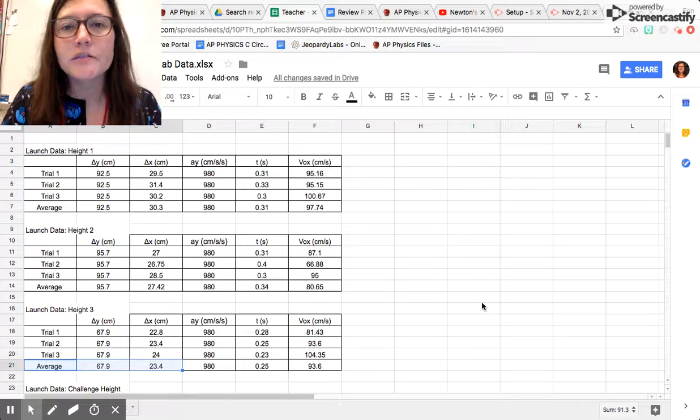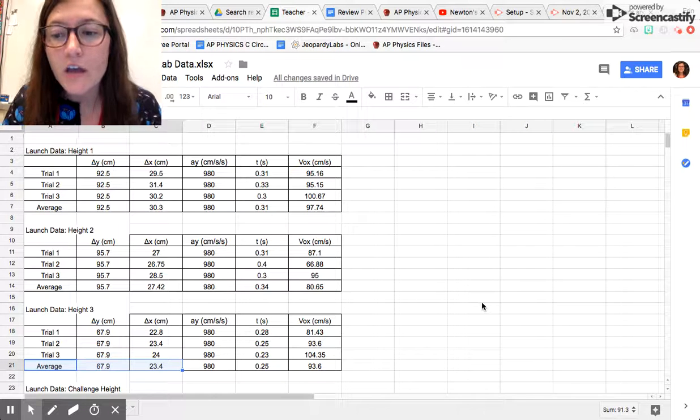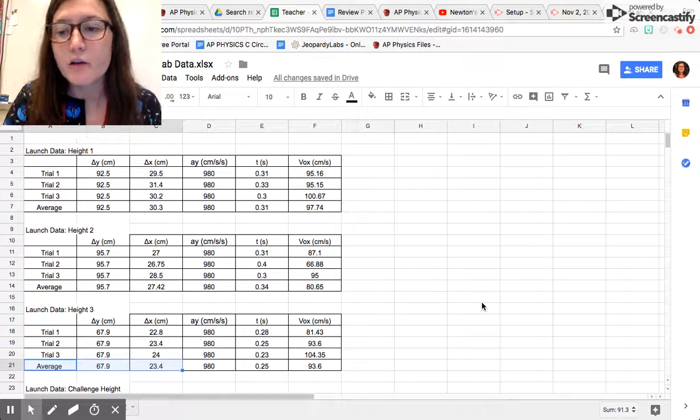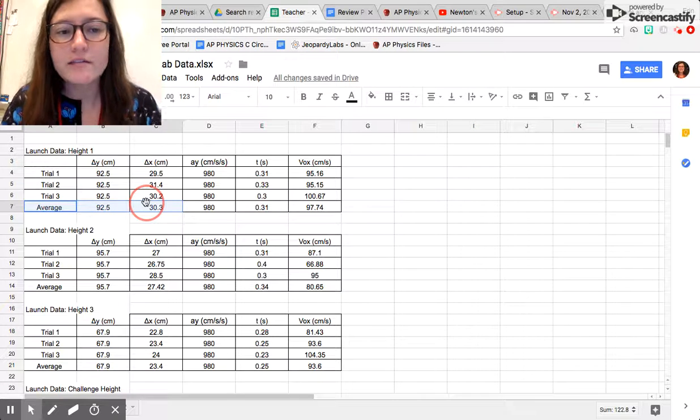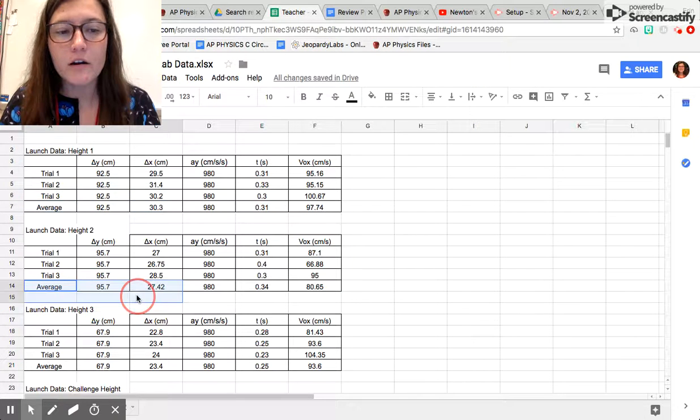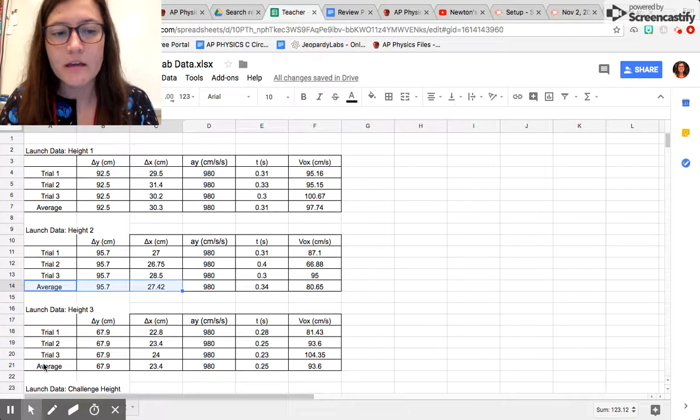So in analysis question 5, you want to graph the average height versus the average range for your projectile. You see here on the screen that there are data tables that look exactly like those on your lab sheet. What you want to do is identify the average delta y and delta x values for your heights. You should have at least 3 values